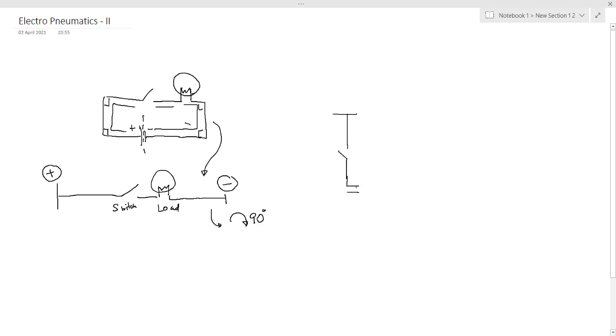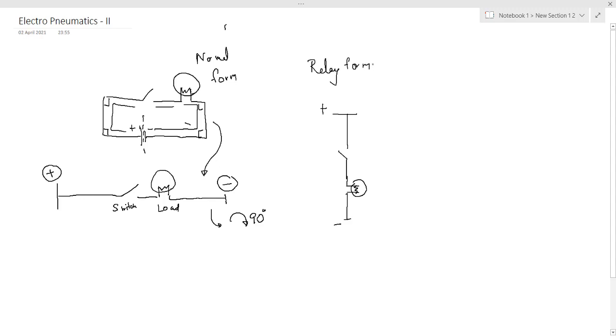And here comes the load. Okay, and this will be a ground. So this will be a positive voltage and this will be a negative voltage. So this is how you convert a normal circuit into your relay circuit form. This is your normal form, which we have been drawing since we were in school, and this is the relay form,